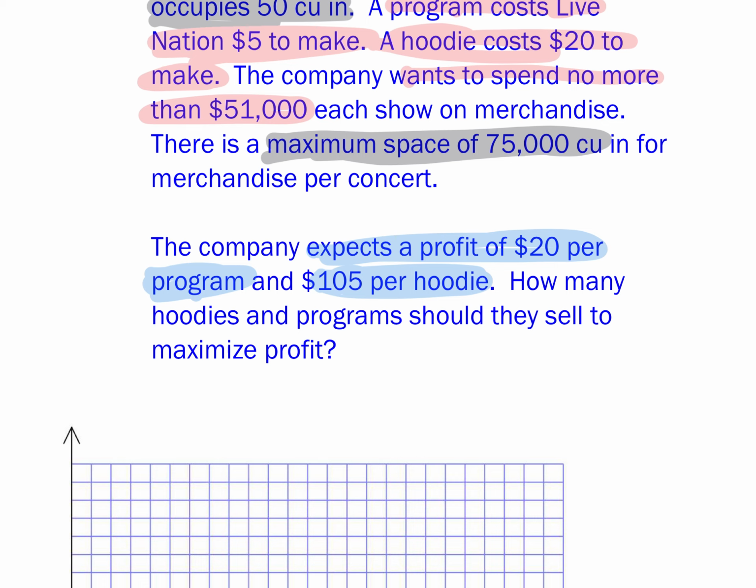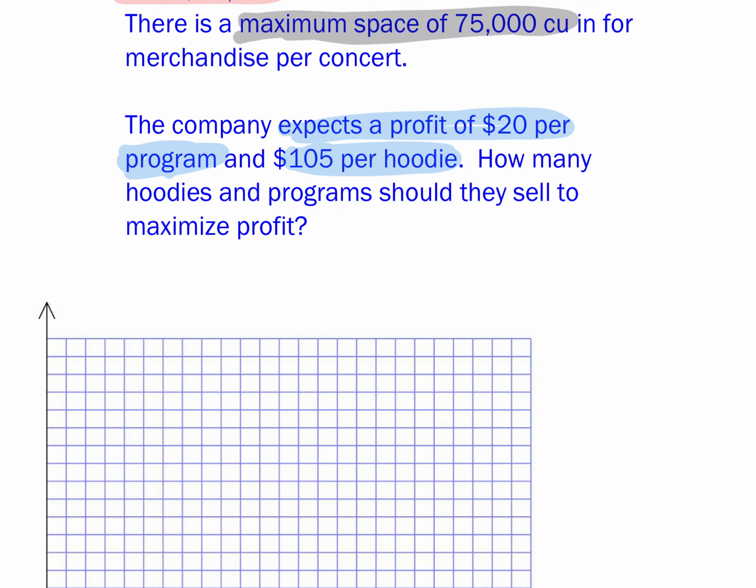All right, so what are our variables? Like the letters we're using? Yes. H for hoodie. Sure. And what would the other one be? Let H represent the number of hoodies and let P represent